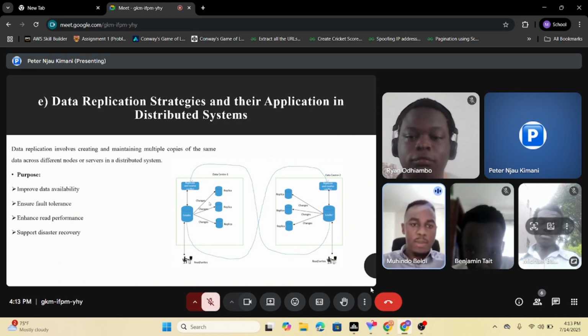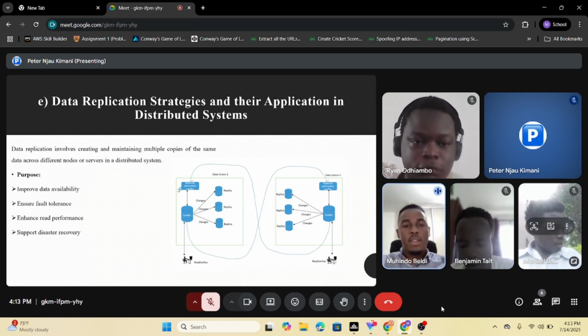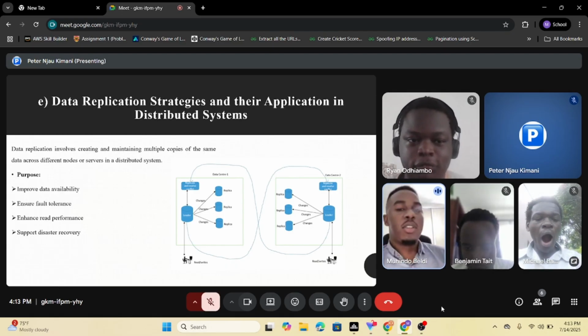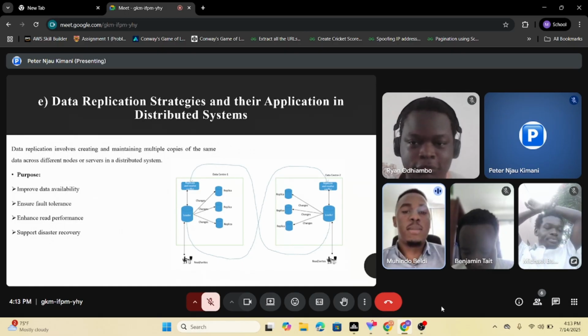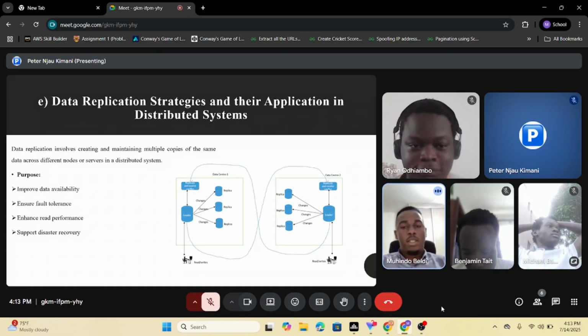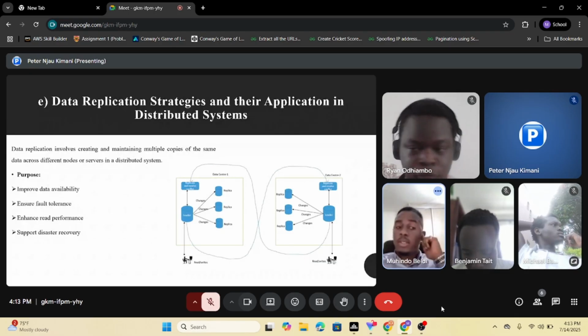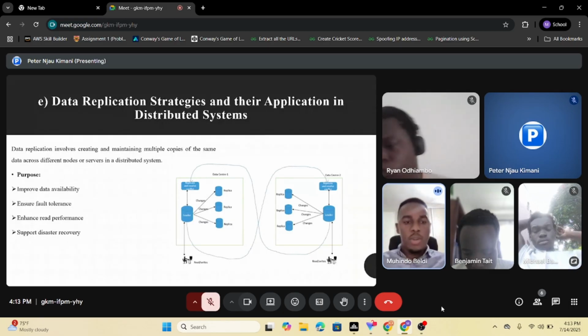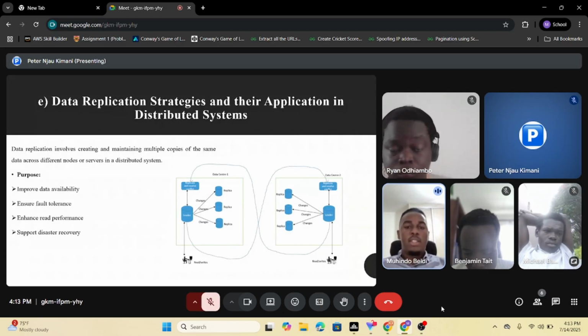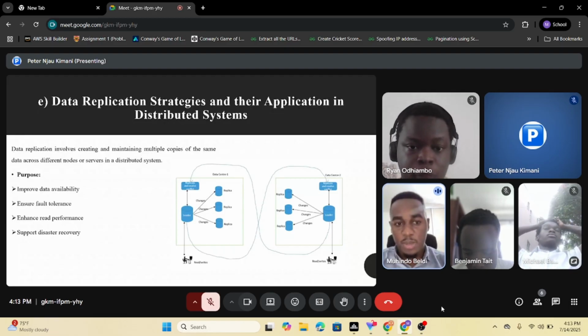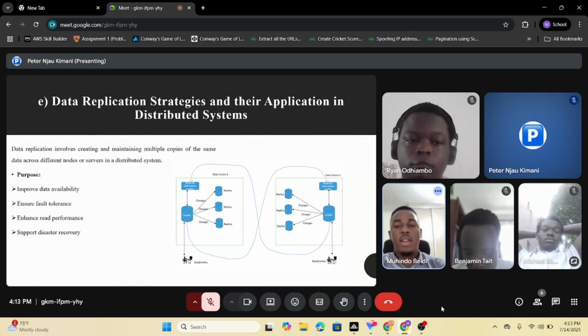Data replication involves creating and maintaining multiple copies of the same data across different nodes or servers in a distributed system. The servers might be located within the same data center or across the world. In the diagram on the right side, you can see a central master node connected to several replica nodes, where data is copied from the master to the replicas